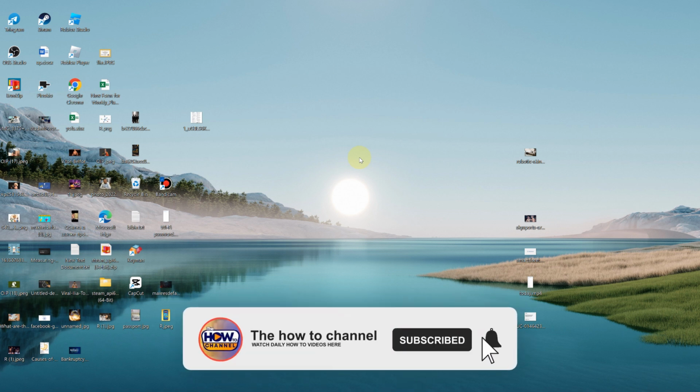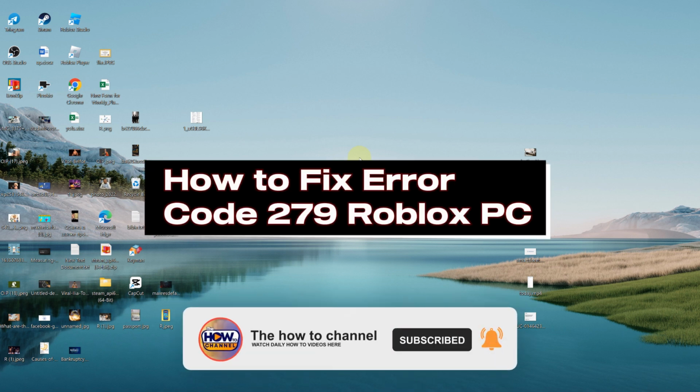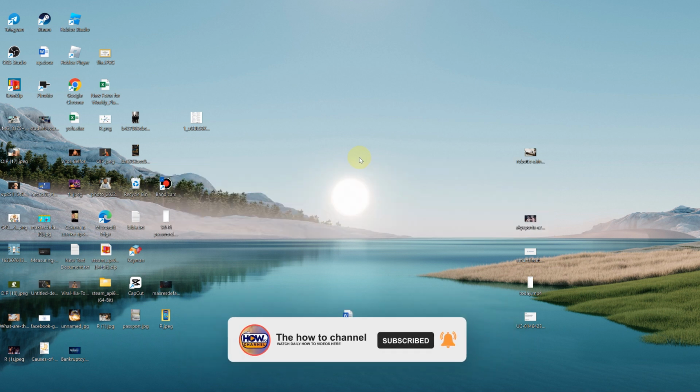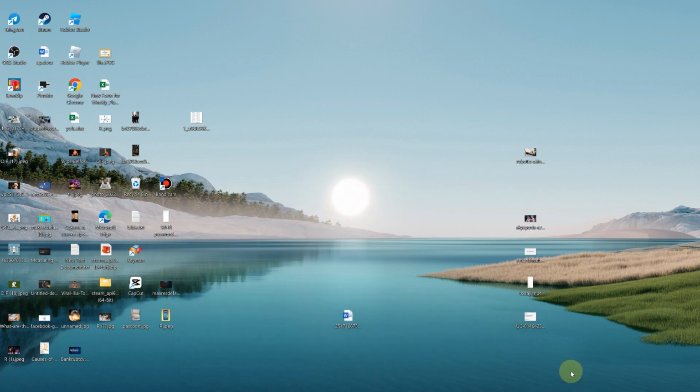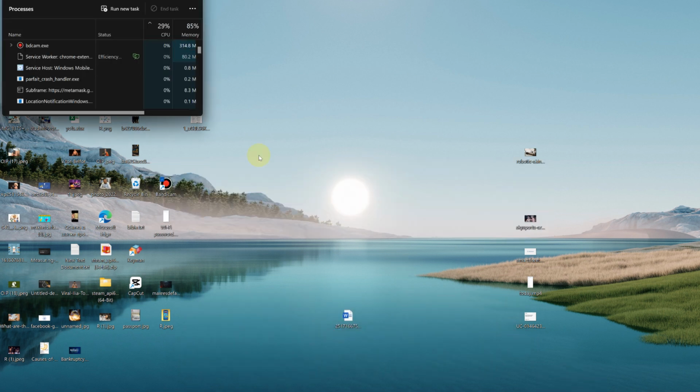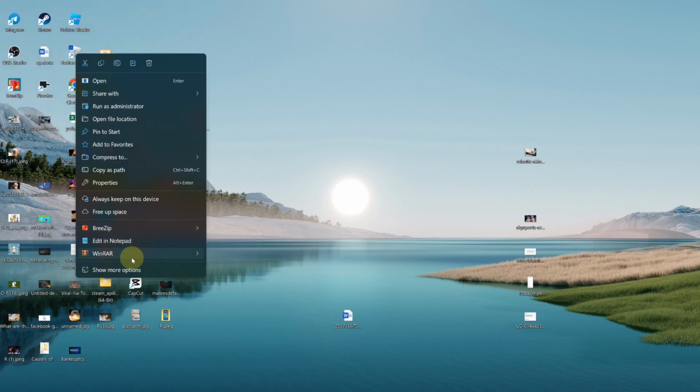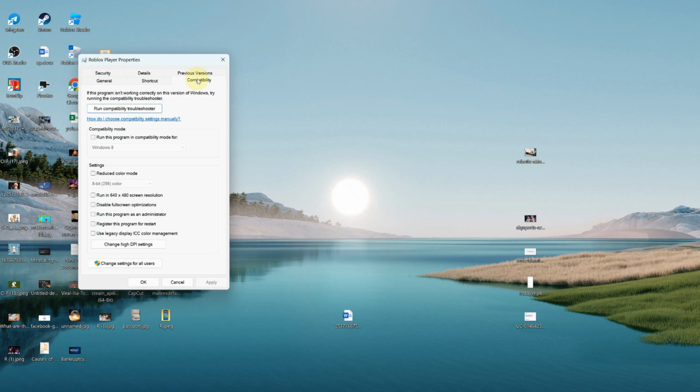In today's video, I'm going to show you how to fix error code 279 Roblox PC. So first, close the game properly. Open Task Manager, select Roblox Game Client, and choose End Task. Once done, we need to right click on the Roblox player, and select Properties from the Compatibility option. We need to check this box, run this program as an administrator, select Apply,